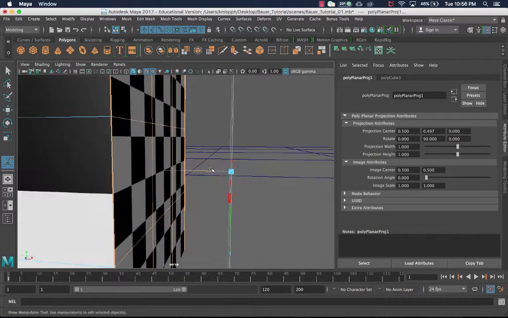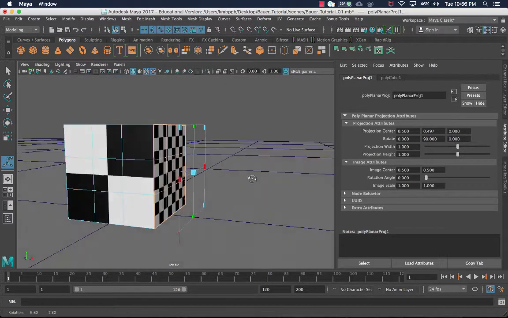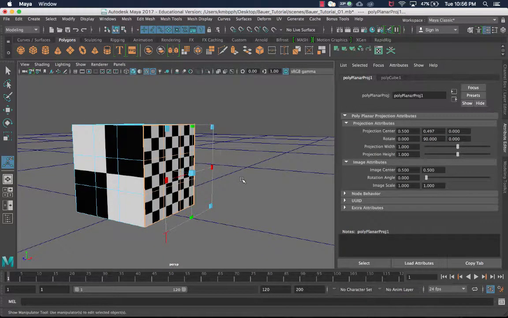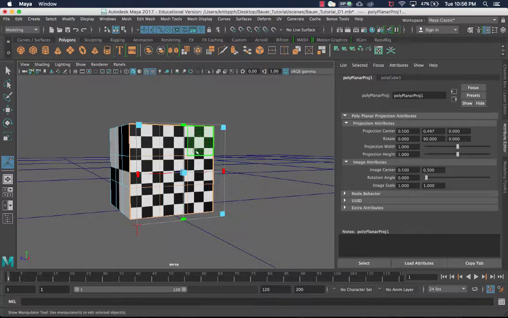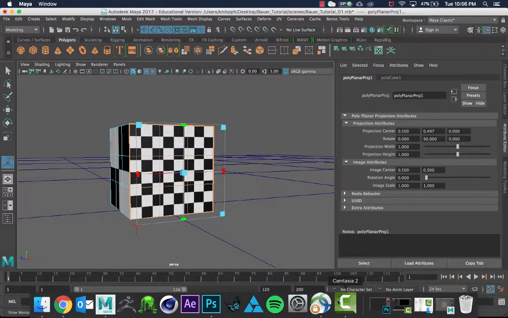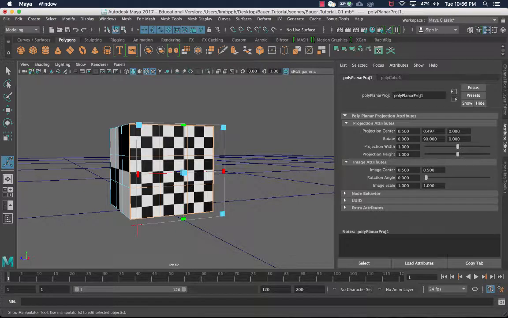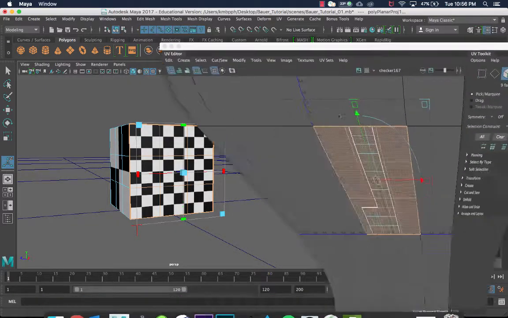And you can see that that little blue line is projected and facing right towards that side that we wanted to work on. That means that this UV map is being projected how we want it to be projected, and it looks correct. And we can also tell that because of how clean all of these little cubes look on our object. If you have it looking like that, you can go into your UV editor,